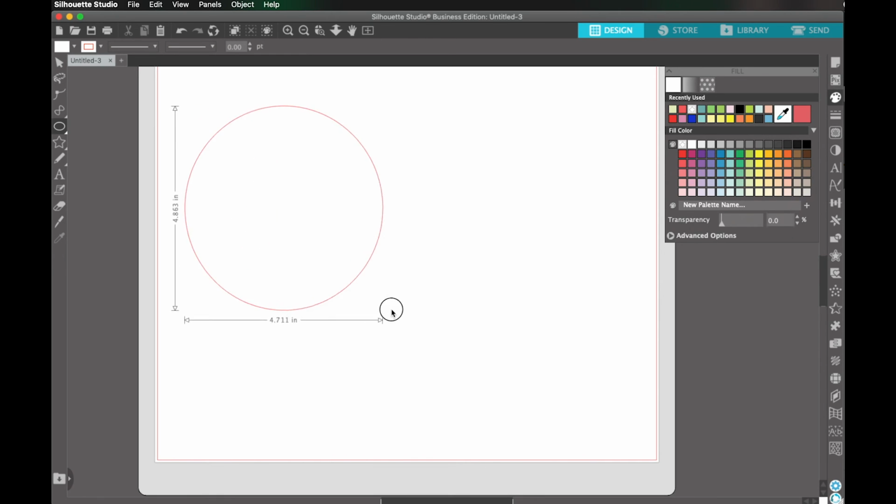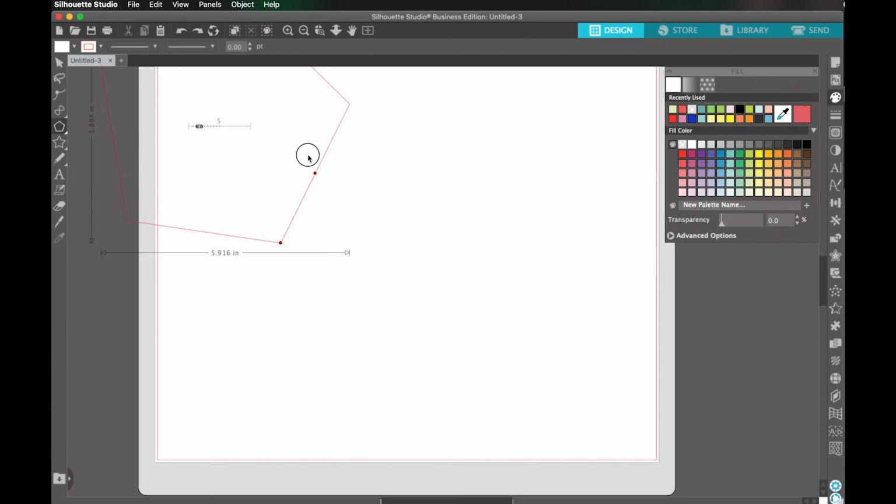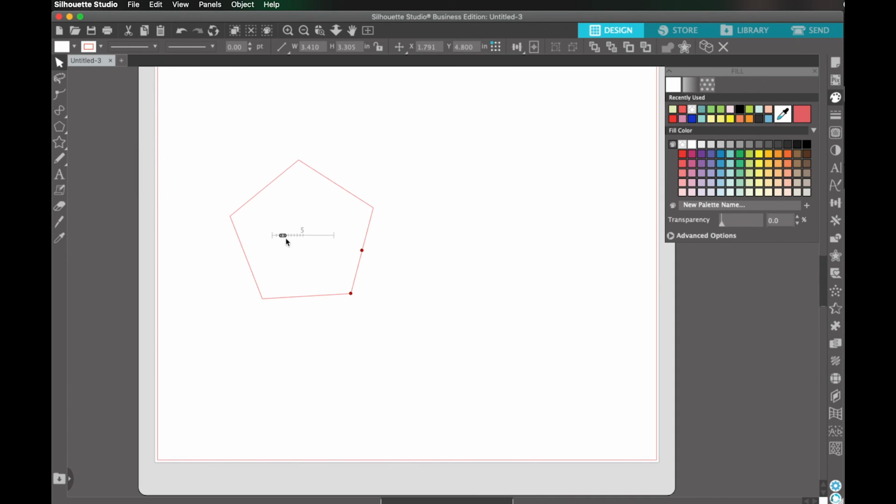So if I just click and drag, I can make ovals of different shapes. If I hold down Shift, it will make it a perfect circle. And lastly, we have a polygon tool. I'm not going to go into great depth about the polygon tool, but you can create all kinds of different shapes by adjusting this slider. Go from a triangle to a square to a pentagon, octagon, no, that's a hexagon,